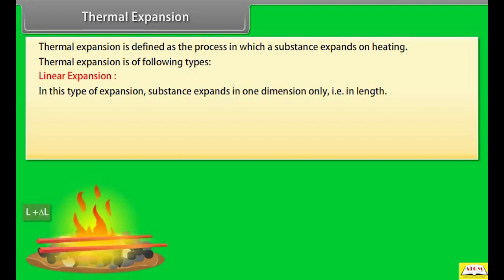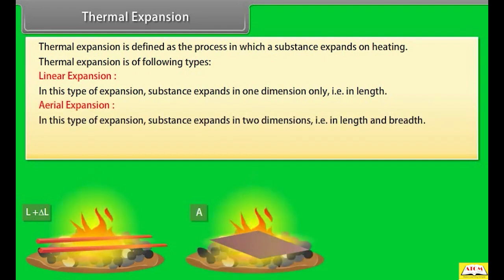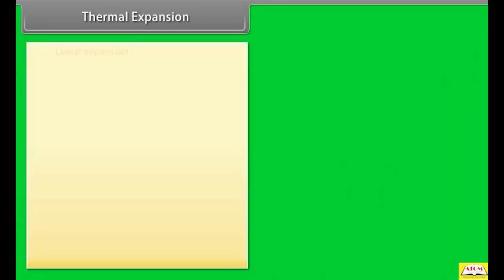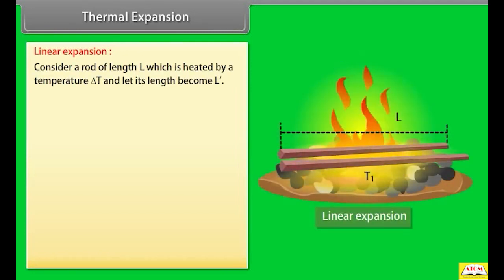Number 2. Areal expansion. In this type of expansion, the substance expands in two dimensions, that is, in length and breadth. Number 3. Volumetric expansion. In this type of expansion, the substance expands in three dimensions, that is, in length, breadth and height. Linear expansion. Consider a rod of length L, which is heated by a temperature delta T, and let its